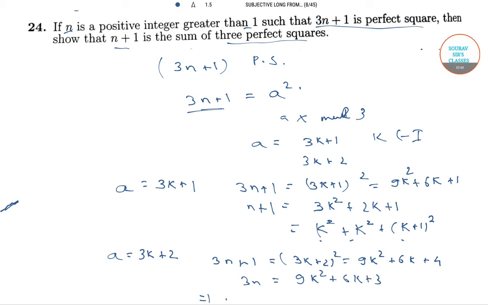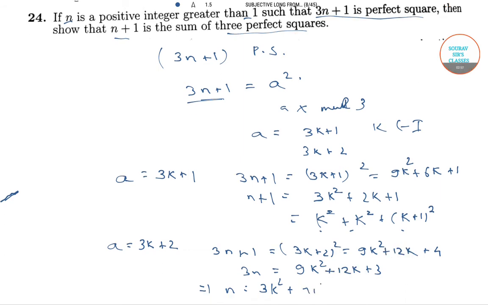This implies n equals 3k square plus 2k plus 1. So we have our n plus 1